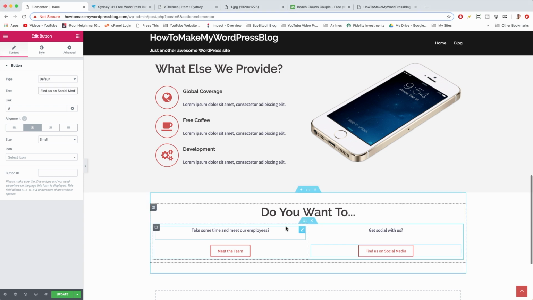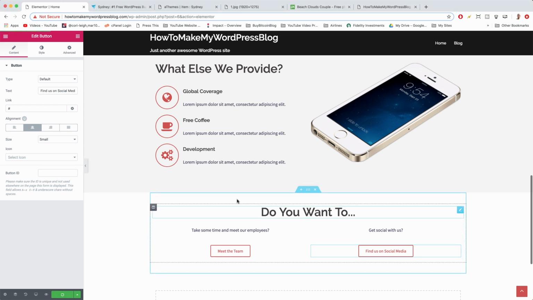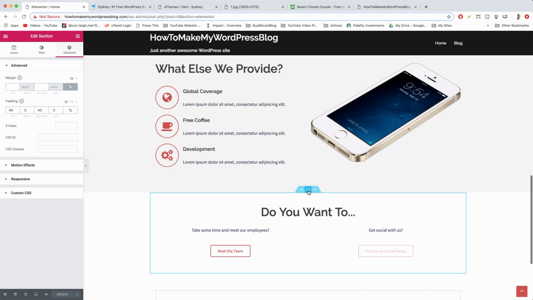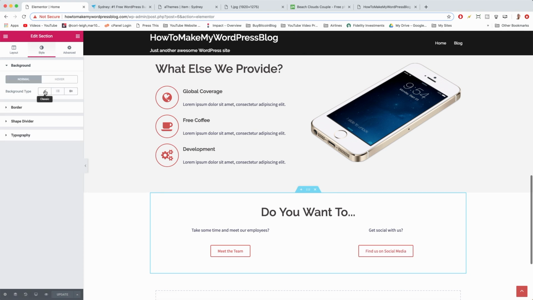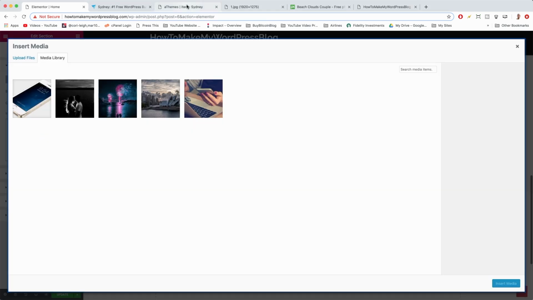Awesome. Okay, so this section is going to make a lot more sense in terms of the backgrounds and the overlays if we actually have a background on the section. Why don't we update our progress so far? And then we're going to click on section settings and style and give ourselves a background image. To create a background image, just click on the classic button and you'll get the color option and more importantly the image option. So click on image, and now we do need another image as a background, so let's try